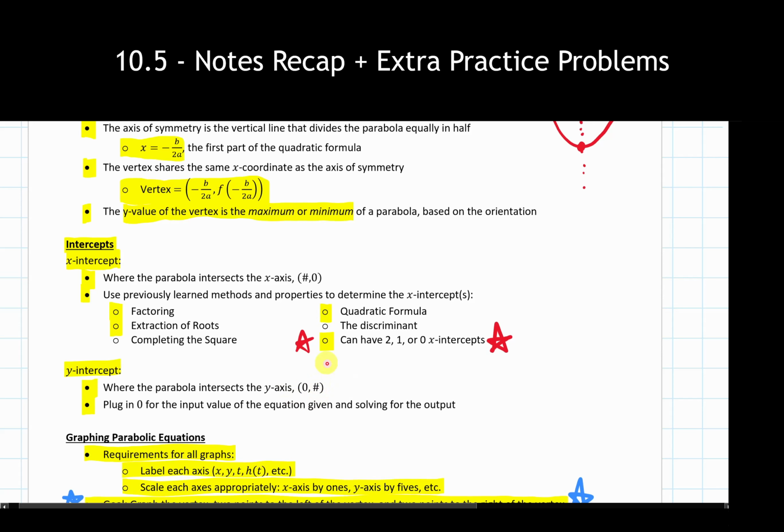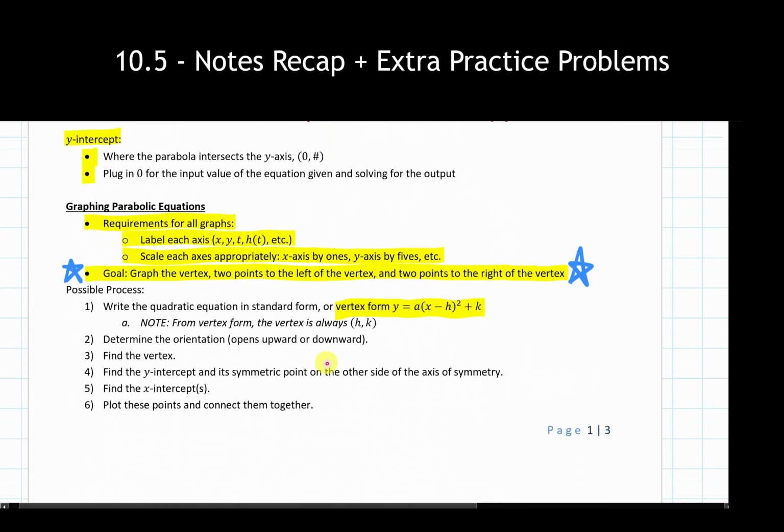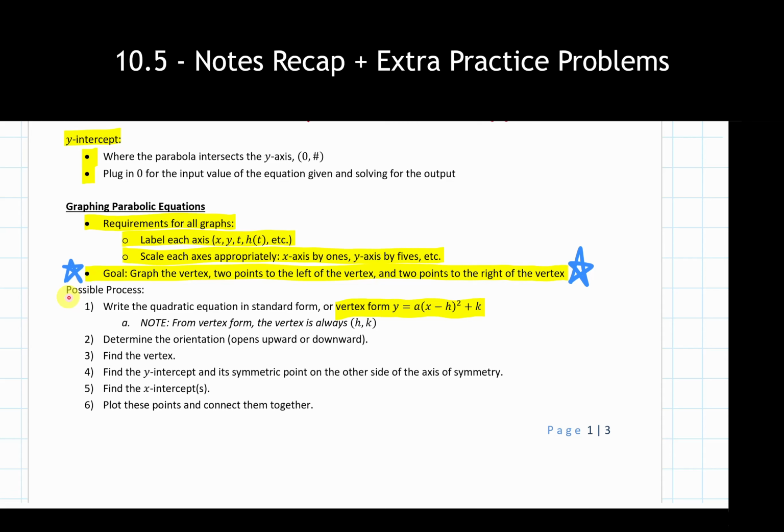we're done there. We did cover a little bit of graphing with parabolic equations, but again, a lot of this really comes down to determining the vertex and then choosing 2 points to the left of it, choosing 2 points to the right of it, and then plotting those on a set of axes. We had an optional process here you do or don't need to use, but there's a lot of other ways that you can go through and do this if you find other videos online or anything in that regard.